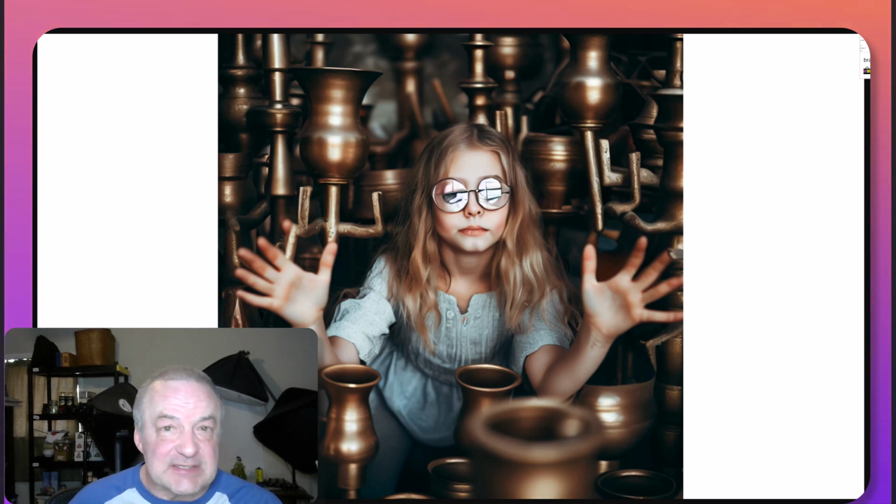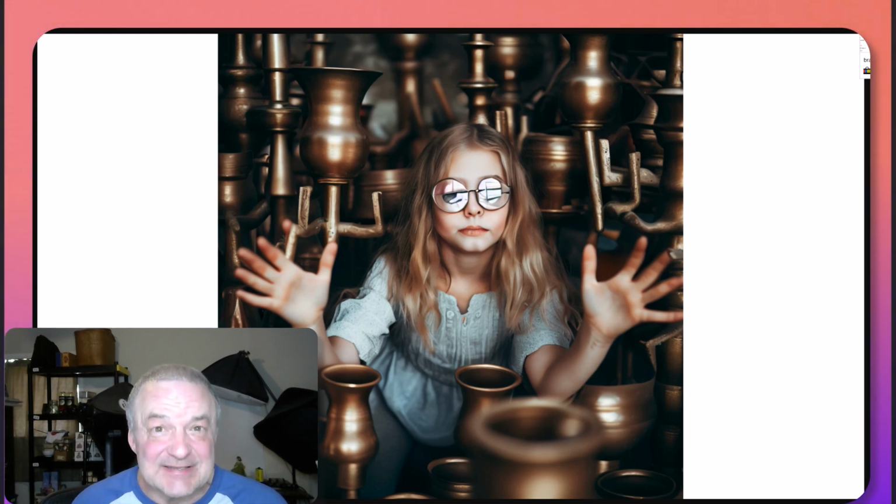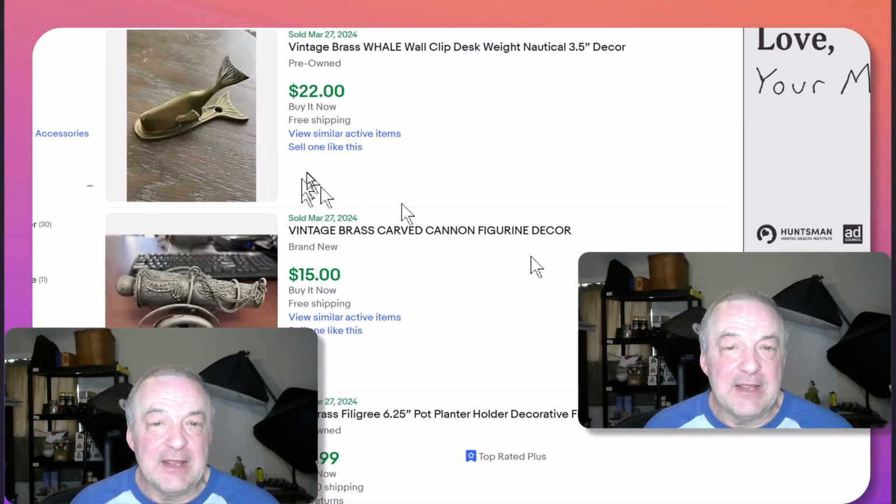I'm talking about smaller decorative items, things that no one looks at. I just did a search for brass items on eBay and I want to show it to you. I think you'll really be surprised. Keep in mind, these are things that you pass by, like a little brass wall item from the 1970s that's got a butterfly design and it's made of brass and it's got a hook on the back to hang on the wall. I mean, you see this stuff everywhere. You really do see a lot of brass stuff everywhere. A lot of them are